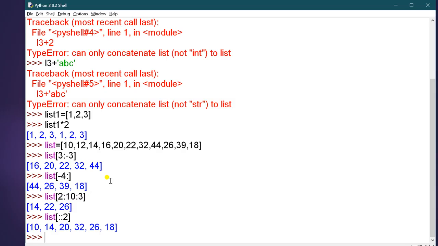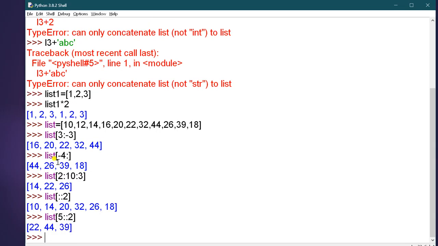Now next is this list. If you start the value 5 and step value is 2, it will start the list at the 5th index and it will print the values with a gap of 2 values.